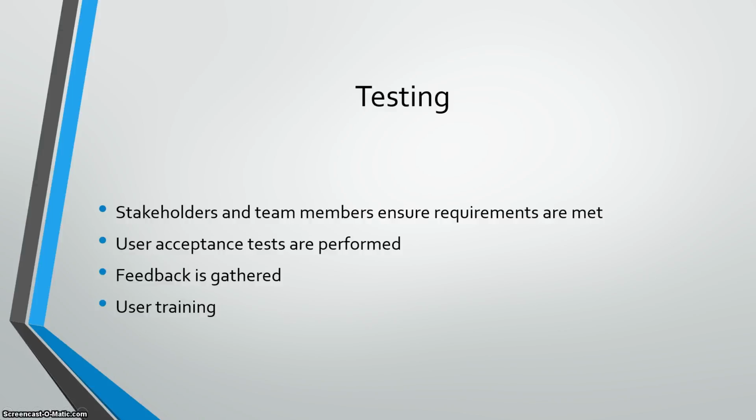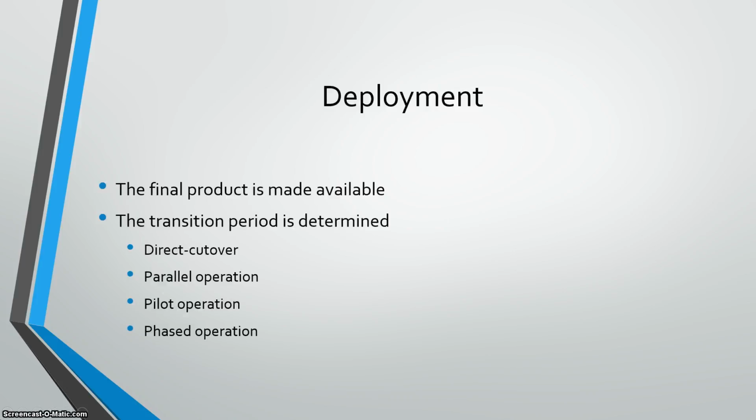This is where stakeholders, as well as users, will test the system to make sure we are meeting requirements. Users will perform a user acceptance test to see what the users think about the system. Then feedback is gathered from the users as well as the stakeholders to determine if all the requirements have been met. And if that is done, user training can begin to ensure that when the system is ready to be deployed, users already have some knowledge of the system,